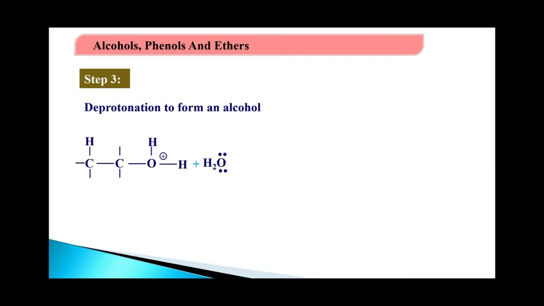H2O again attacks the H, and the electron pair between the oxygen and the hydrogen is shifted towards the oxygen carrying the positive charge, to make it neutral and give rise to the alcohol as a final product along with the H3O plus. This H3O plus, nothing but hydronium ion, is regenerated. That means it acts as a catalyst. This is about a symmetrical alkene.